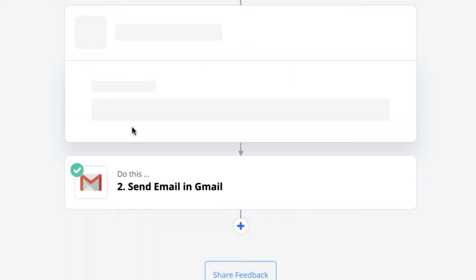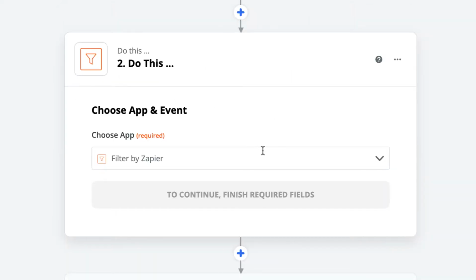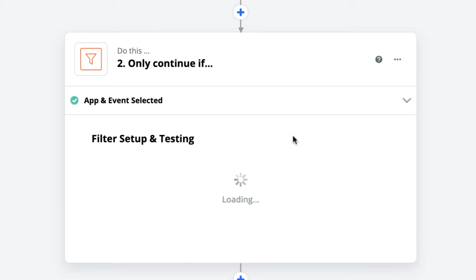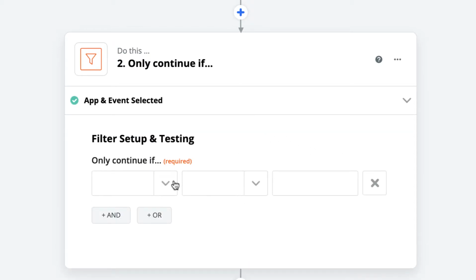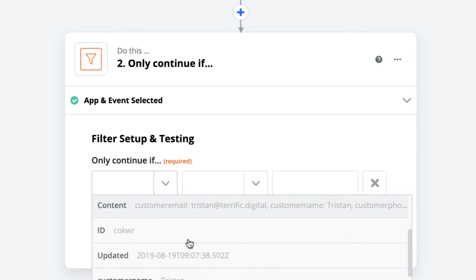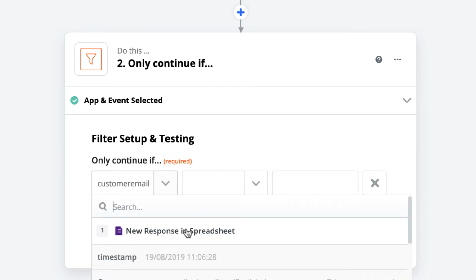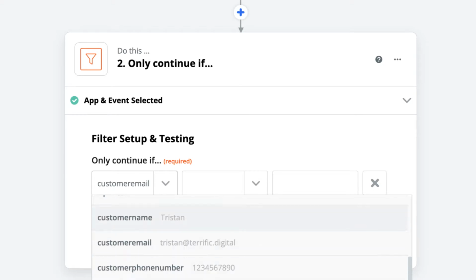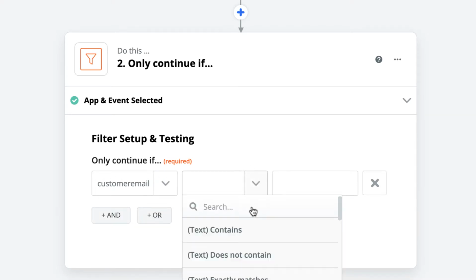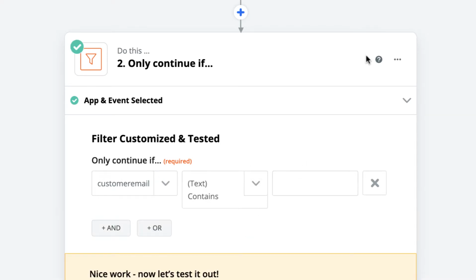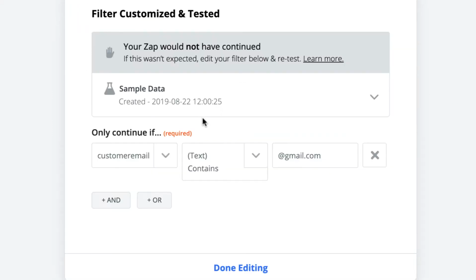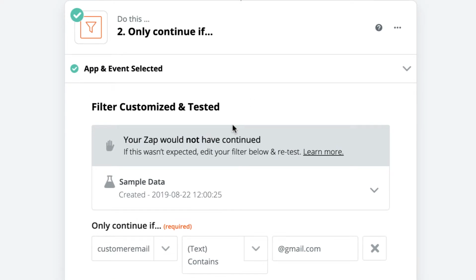But for example, you could add in a filter stage to only filter in those that have registered with a Gmail account or something like that. So you could say the email for the customer. I'll show that again, the email. See, that's the email that we've got that's come through on the form that they filled in. So whenever the email field contains at gmail.com, then continue. And in this case, it wouldn't have continued